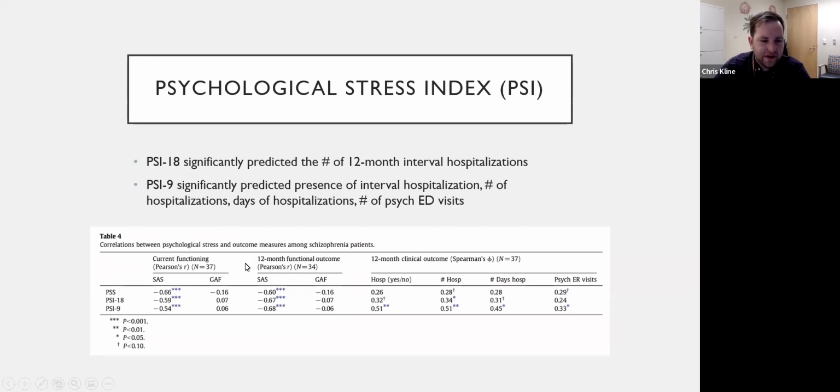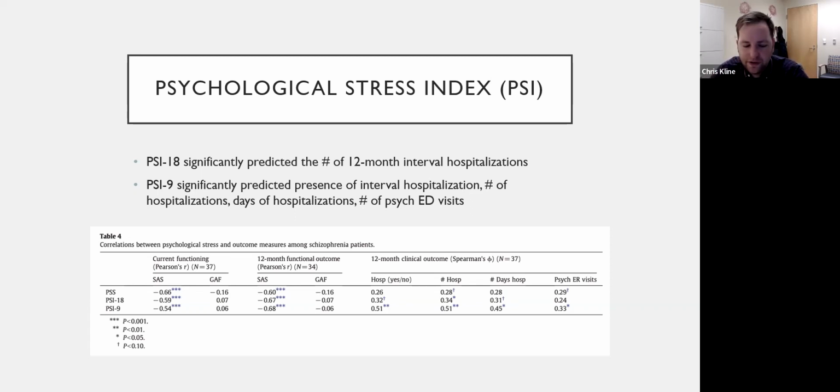Both versions of the psychological stress index were moderately correlated with current and 12-month functioning per the Social Adjustment Scale, which is down here. This covers 6 areas of functioning, including work, social and leisure activities, and relationships. In terms of 12-month outcomes, the Psy-18 significantly predicted the number of 12-month interval hospitalizations, and the Psy-9 also predicted days of hospitalization, number of psych ED visits, and number of hospitalizations as well. Whereas the perceived stress scale didn't